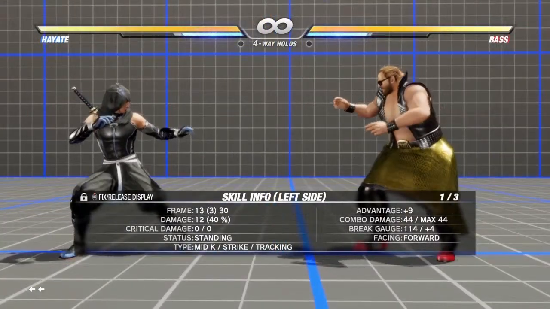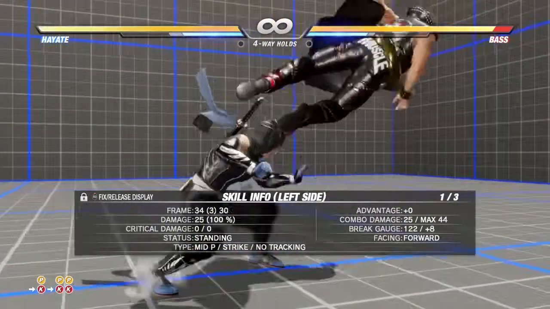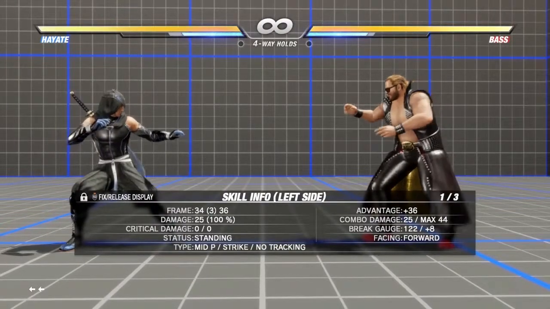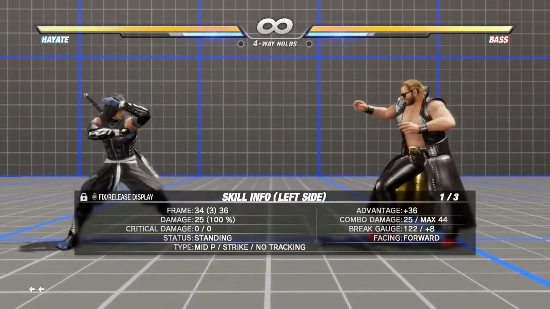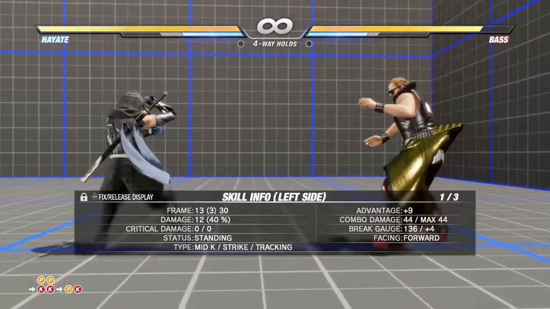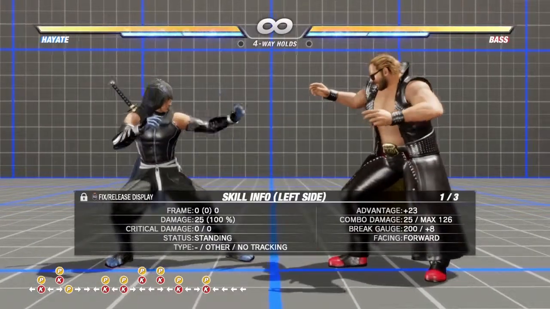And forward PK will give you a little launcher. You can follow up with forward P, then K. After forward PK, P and K. Does that make any sense? Anyways, back to the